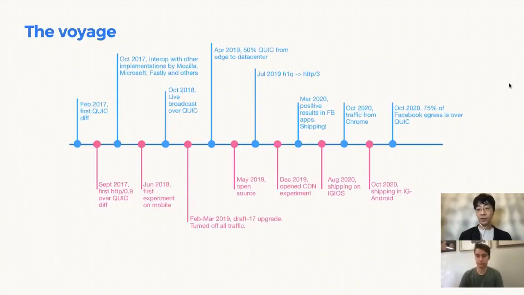This is the timeline of our project of working on QUIC and HTTP/3 at Facebook. There are many milestones in the past 3 years. One thing very notable is from the beginning, which is early 2017, to the point where our code is able to interop with other implementations. That's slightly beyond half a year. But from there, it took us another 3 years to actually ship this project.